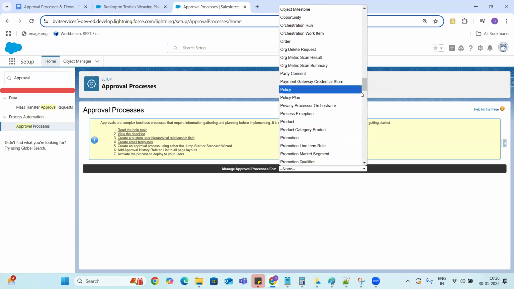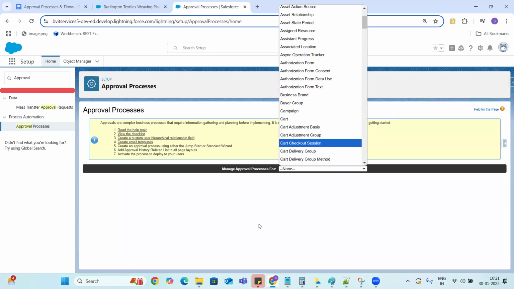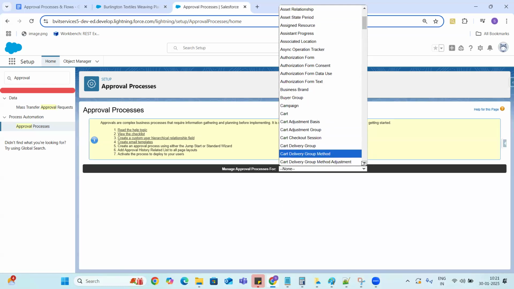Whenever we use the submit for approval button, that is the default quick action which is available for all the objects. Whenever we click on that button, it first searches: is there any approval process set up for that particular object?